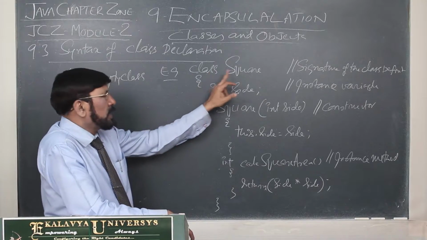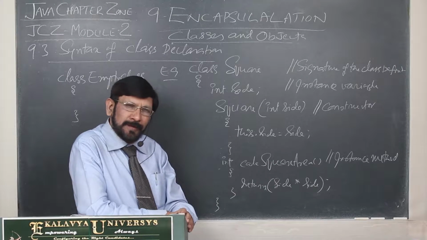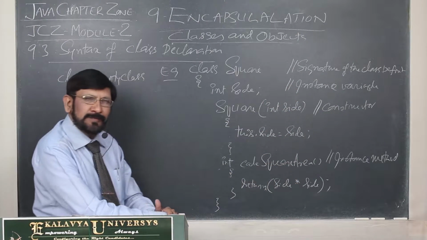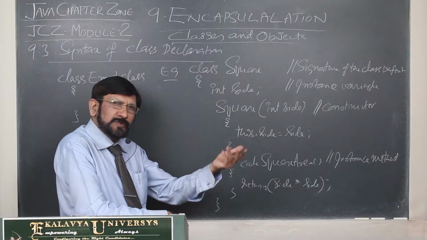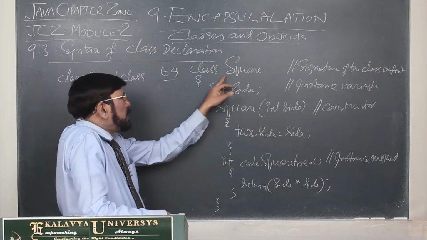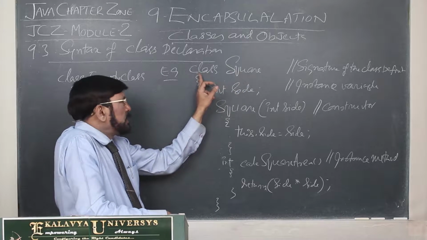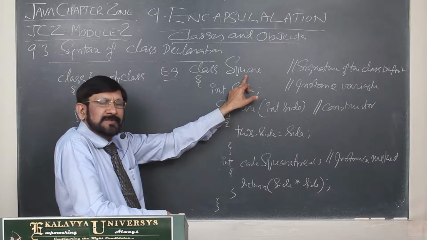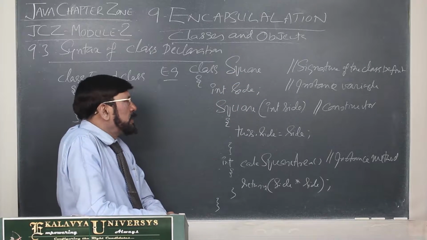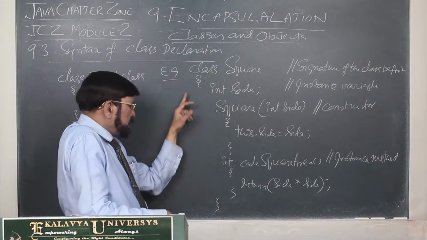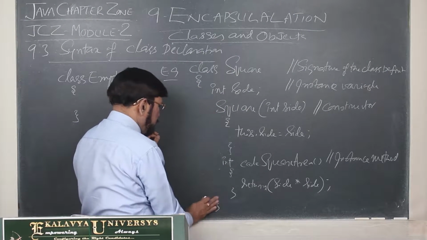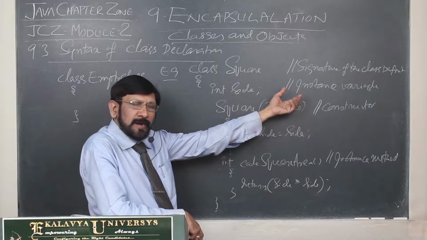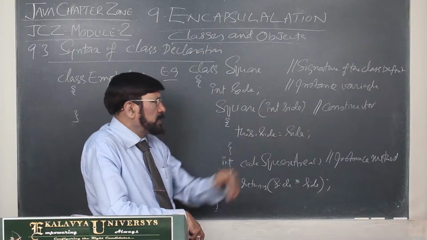Now here is the class Square. A simple example I am taking. First you have to understand the syntax. That's why I am giving simple examples. Thereafter, whenever we develop projects, you learn bigger things. Now, class is a keyword, and Square I have written in Pascal case, first letter capitalized, and it should be a noun. Thereafter, this is the body. Within the body, you define data members and member methods.